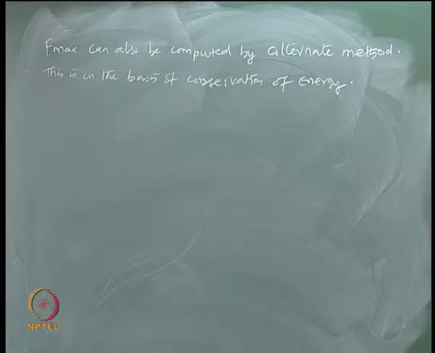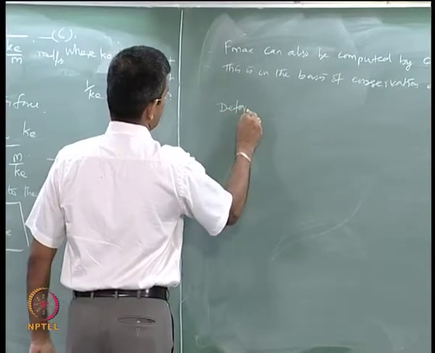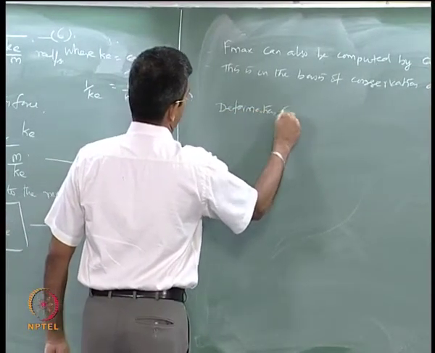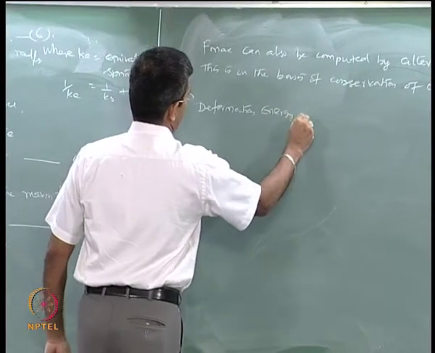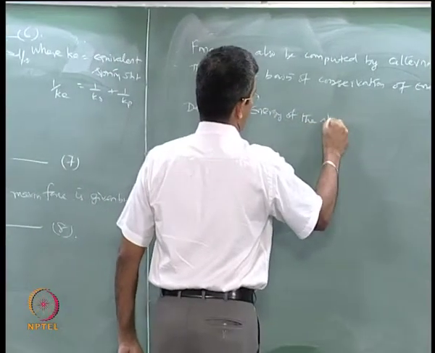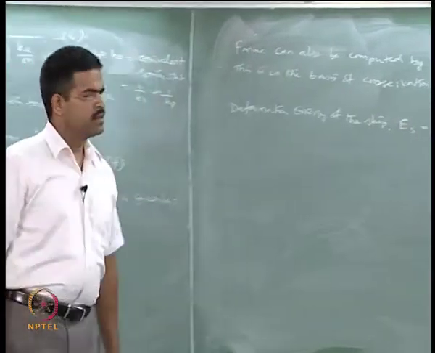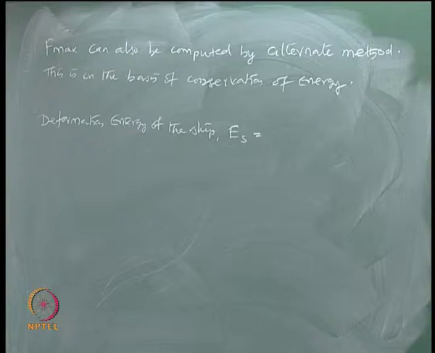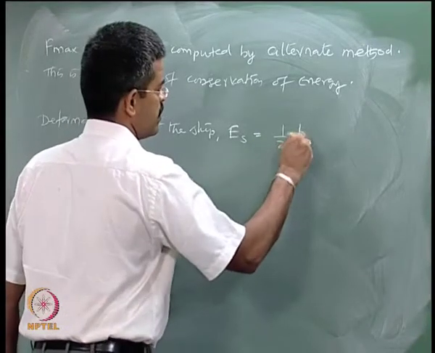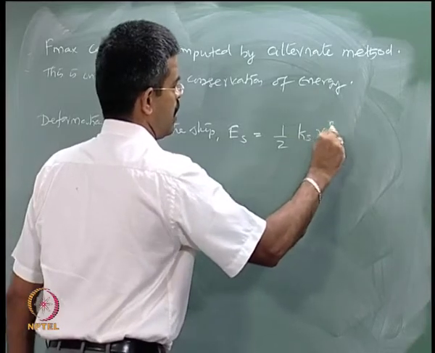We already know the deformation energy of the ship, which is given by Es, which is half Ks Rs square,